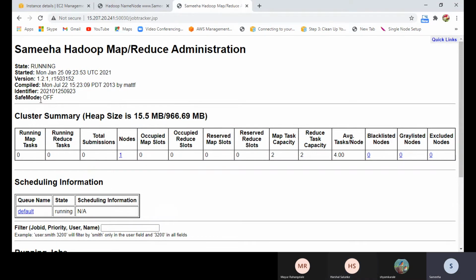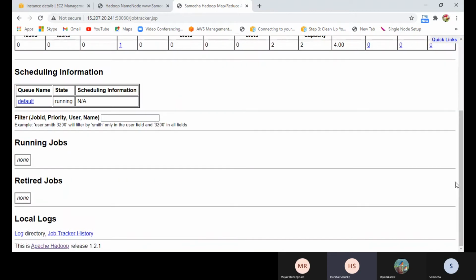Safe mode is like a secure mode where things are read only. We cannot make changes. So that is safe mode, but for that we need to give commands in CLI mode, which we have not done here, so that we can edit things here. We did that in Hortonworks HA, yes, Hortonworks HA.